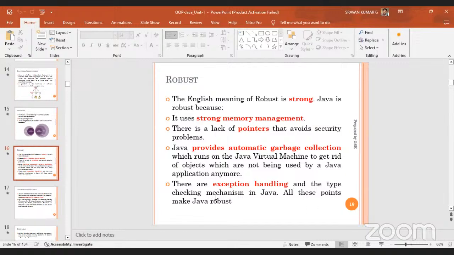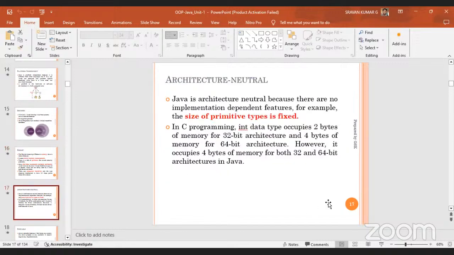These are particular separate topics again. That takes 1 hour time and so on. Next, a very important feature is architecture neutral. This is a very important point. So you know that already. Suppose anyone asks you the question, what memory size is required to store an integer value in C